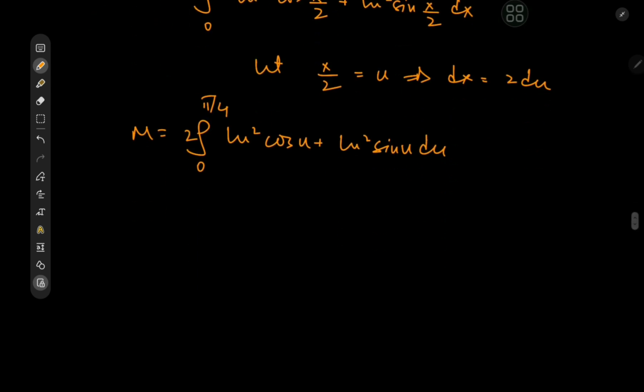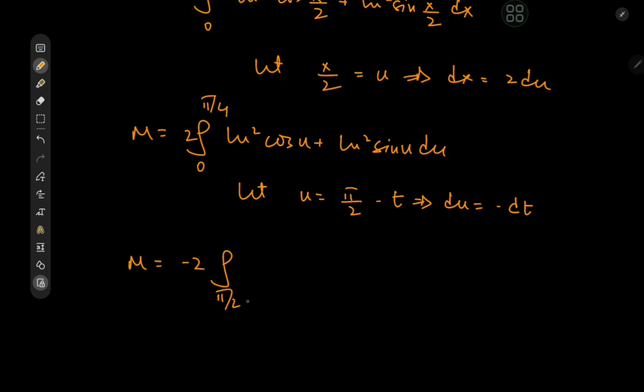And this is pretty cool, but now I need one more transformation, and that is actually the phase shift of letting u here equal to pi by 2 minus t. So that gives us m equal to the integral from where to where? Well, du is in fact negative dt, so we do have a negative sign outside. And for the lower limit, now we have pi by 2, and for the upper limit, pi by 2 minus